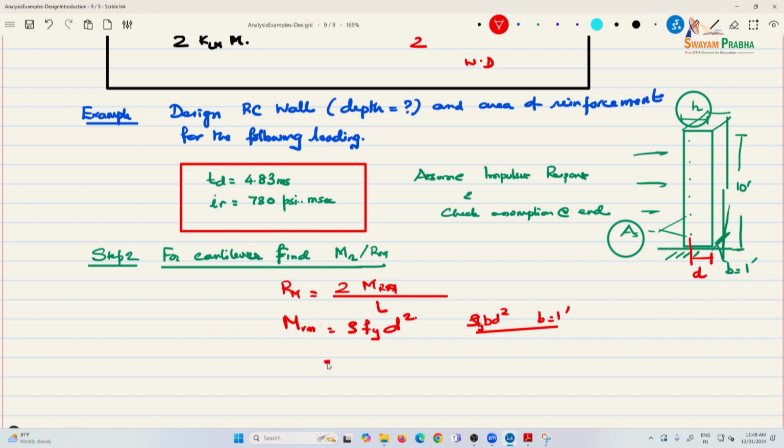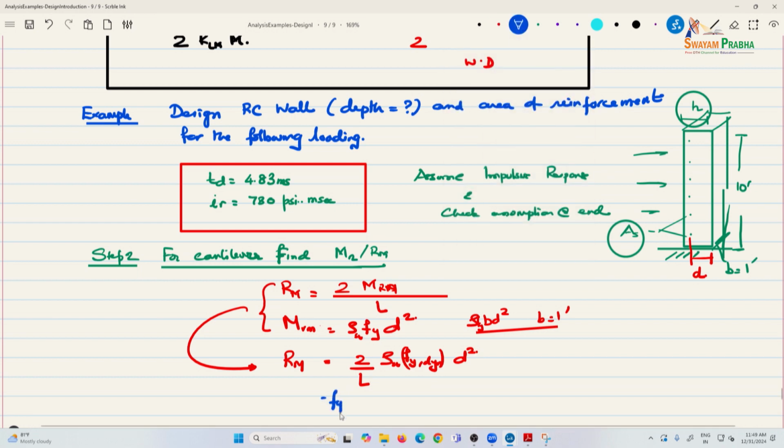So, here combining these two, I can write Rm is equal to 2 by L rho, this is again of steel, multiplied by Fy dynamic multiplied by d square, and Fy dynamic is 1.2 into